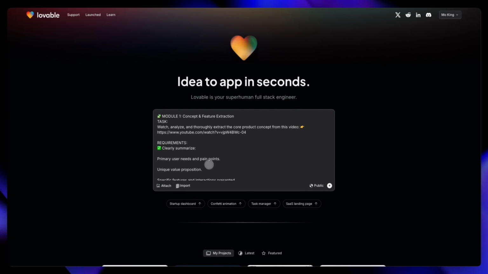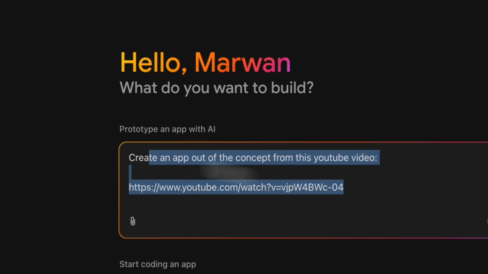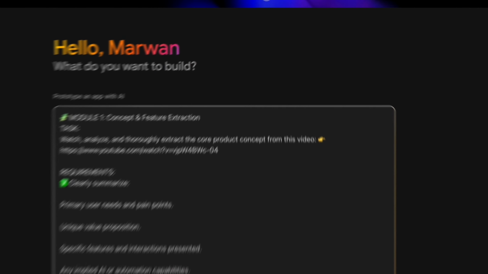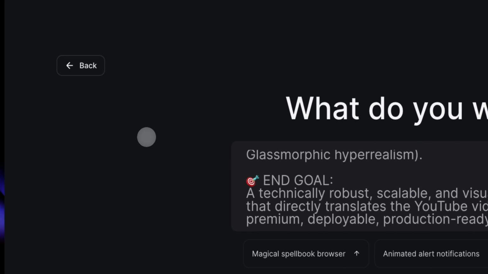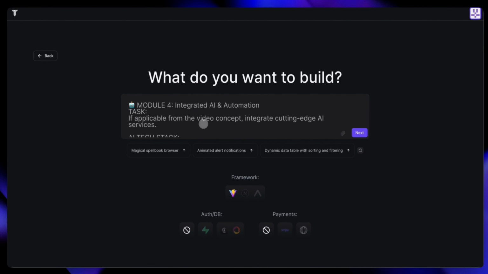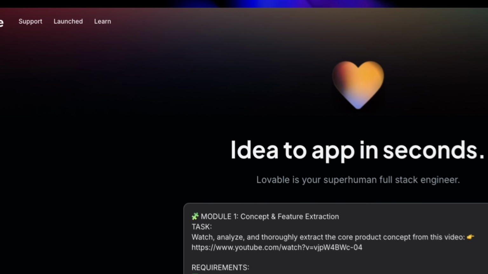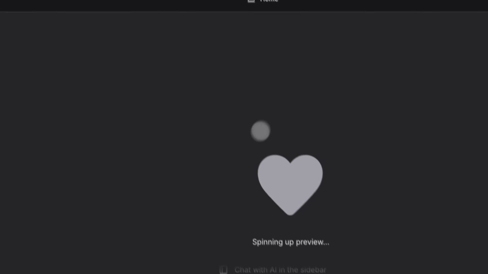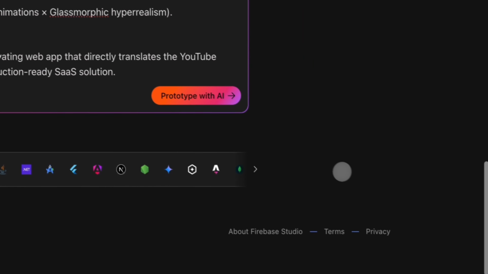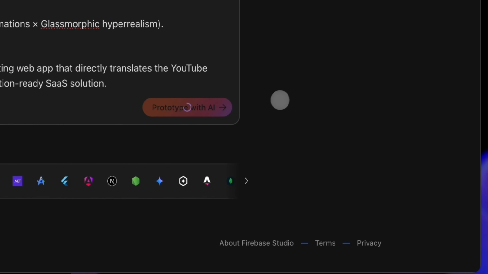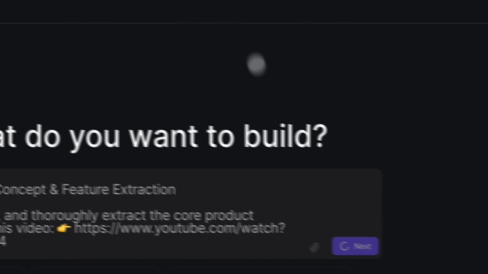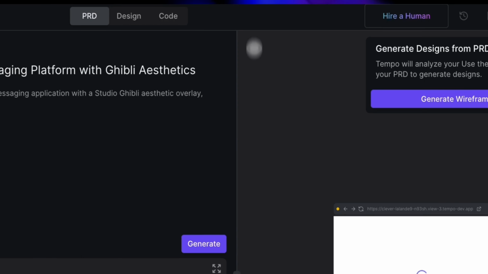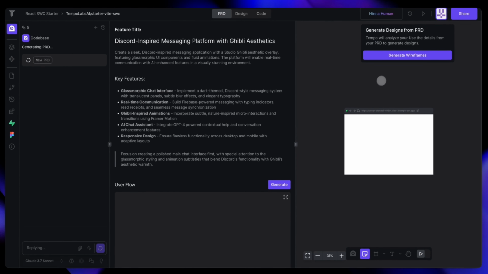First, we're going to head over to Lovable, and I had a prompt in there first with the YouTube website link. I made ChatGPT make it a little better based upon the website link, based upon the video, and I put them into Firebase, Tempo, and Lovable. Here's Tempo, here's Lovable. Going to hit send there. Here's Firebase with a nice little UI. We're going to hit send there. Prototype with AI, I don't know what it said. And then we're going to hit next there.